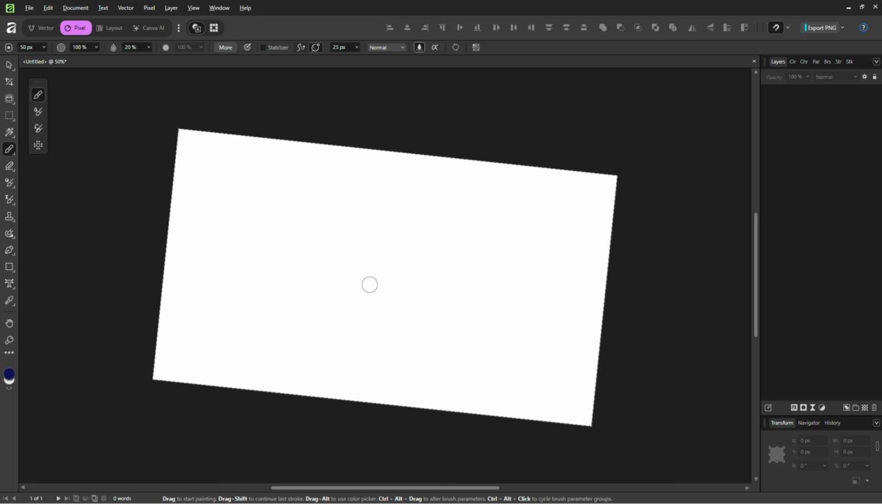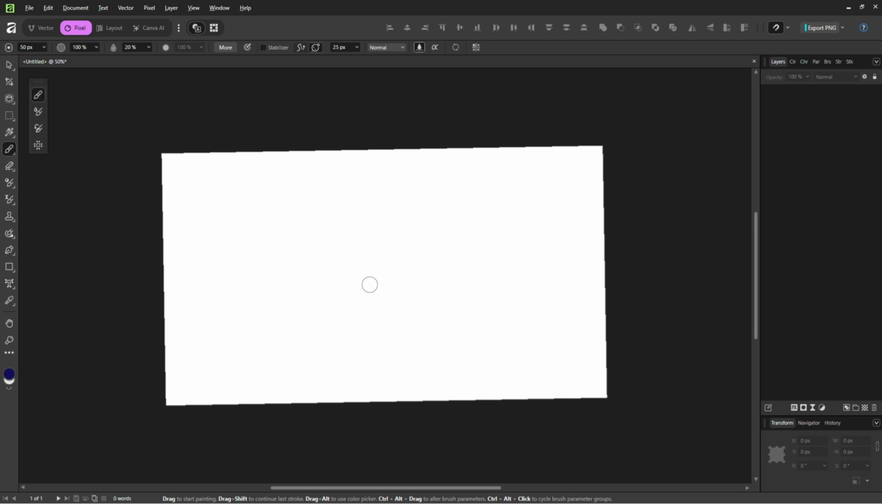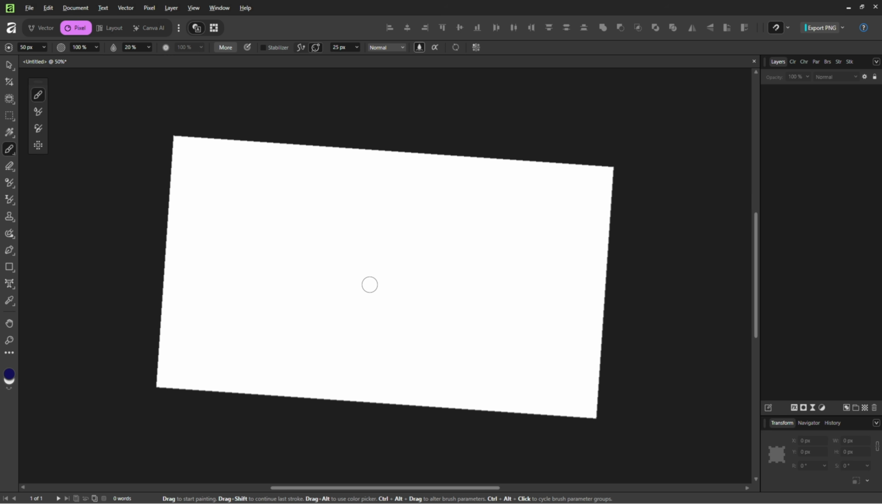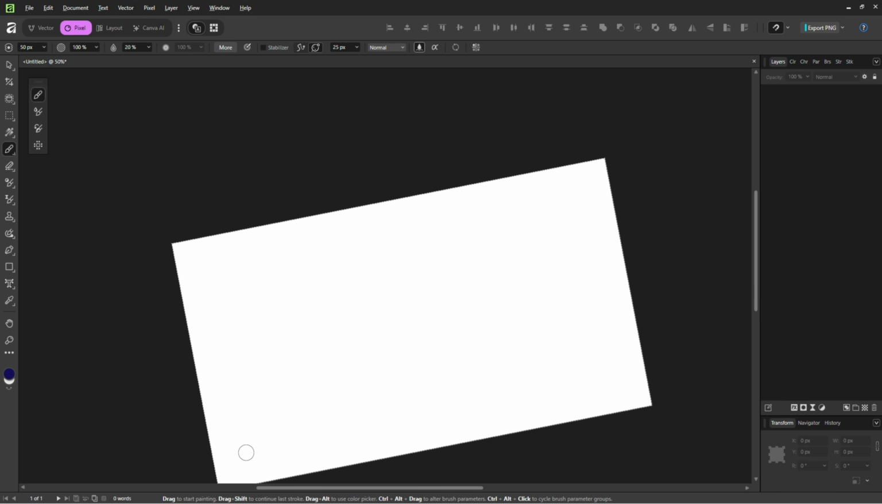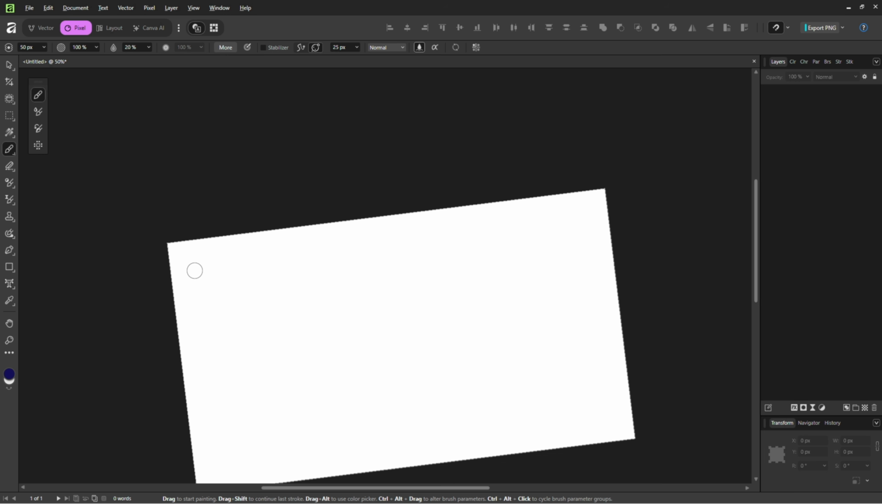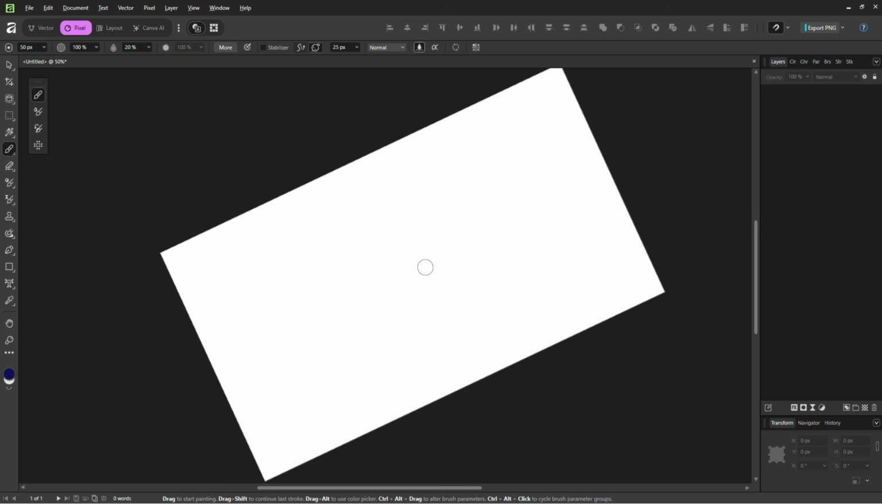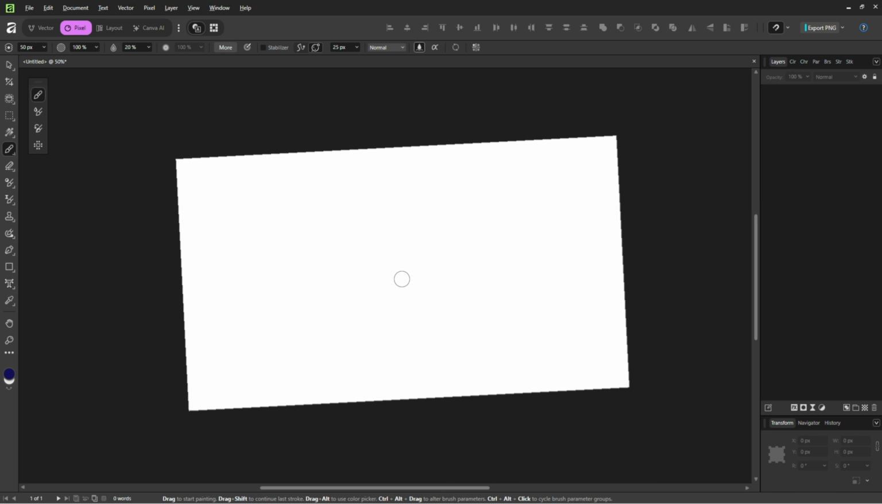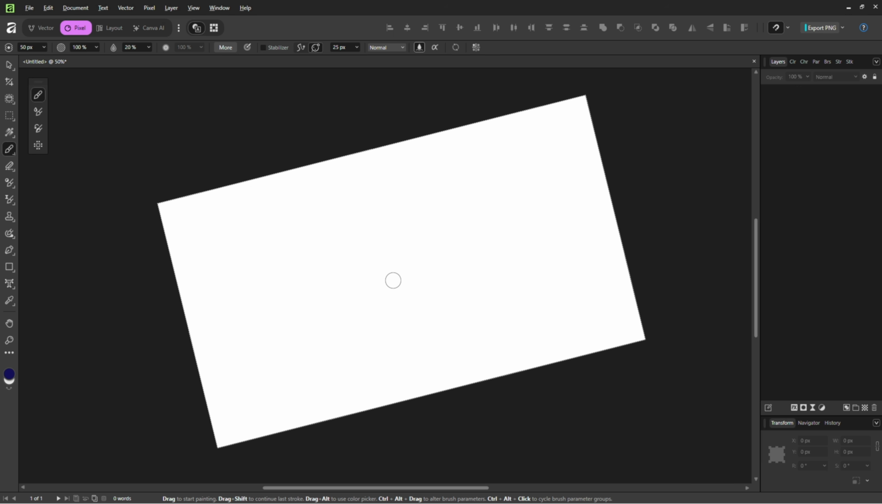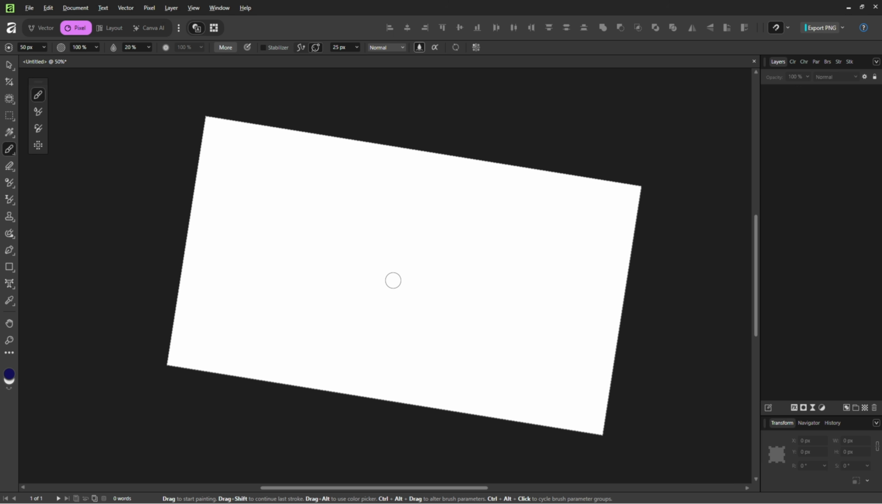Let me zoom out so we can see it better. One thing worth noting, the cursor becomes the center of rotation. So wherever I place my cursor, the canvas rotates around that point. Try placing it in different spots and you'll see what I mean. Also, with this method, the canvas rotates in much smaller increments, so it's a lot easier to dial in the